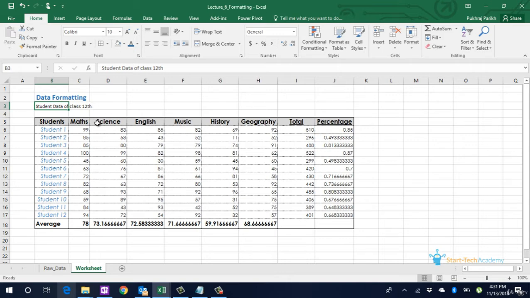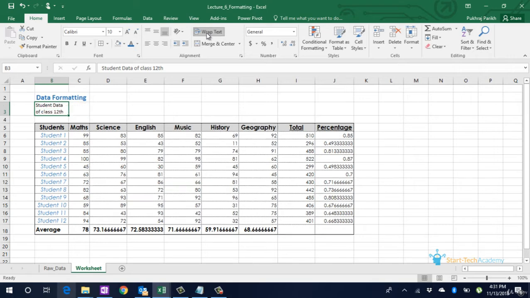That is why the text in that cell is going over into the next cell. To avoid that, we can use the wrap text option. When we click on wrap text, the data within that cell moves into the next line within that cell.